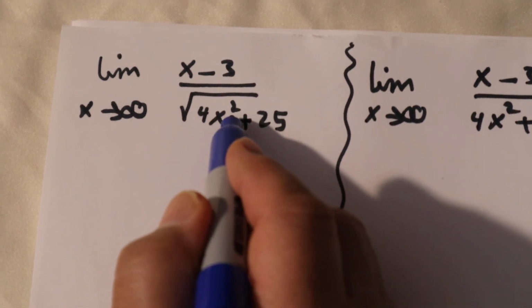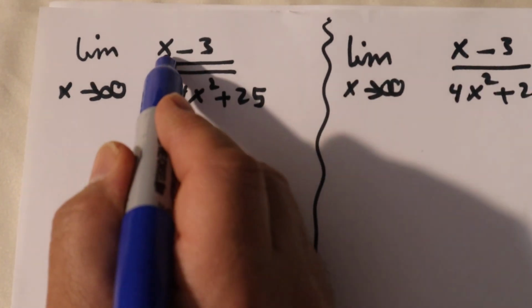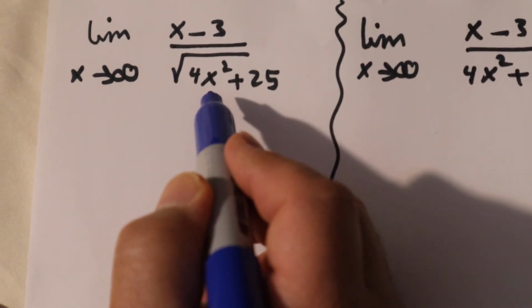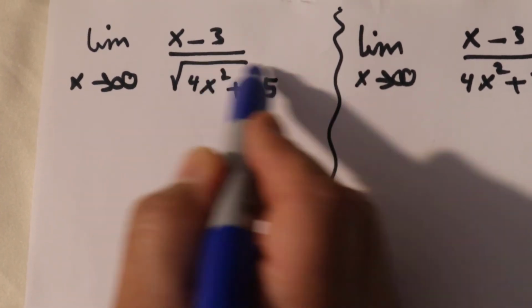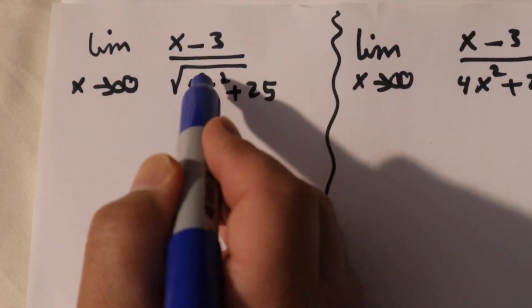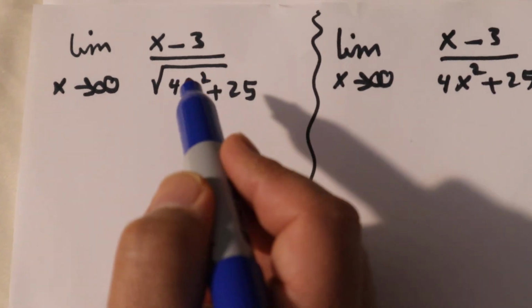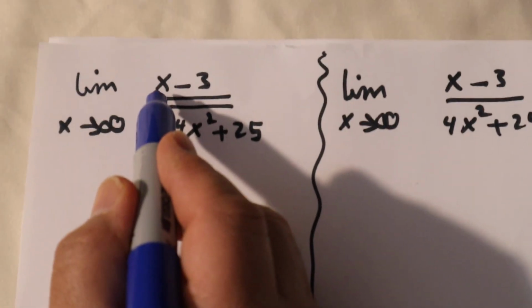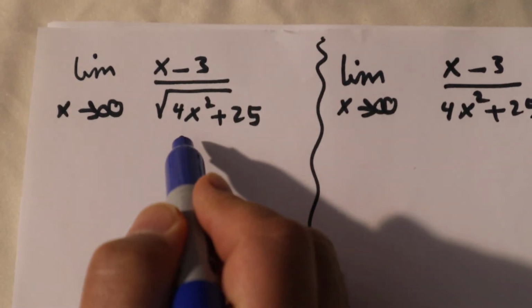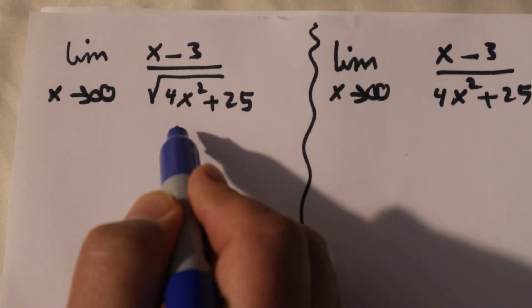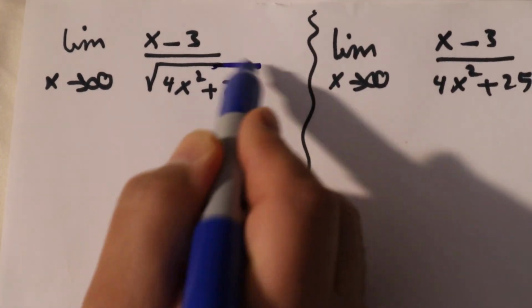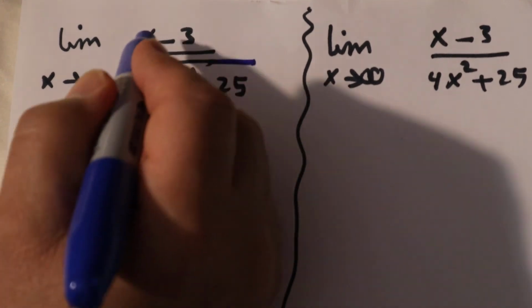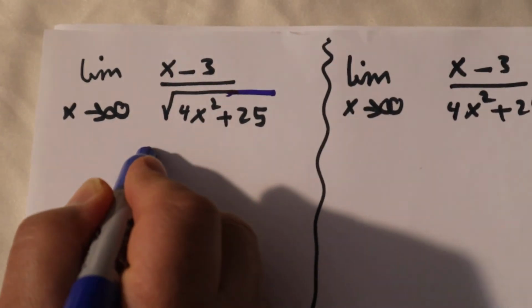They say, oh, it's x squared, and then they divide by x squared. No, look at this, we have a radical here. So the maximum exponent will be x at the top, and the maximum exponent will be the square root of x squared in the bottom. So what you could do here is divide the top by x,